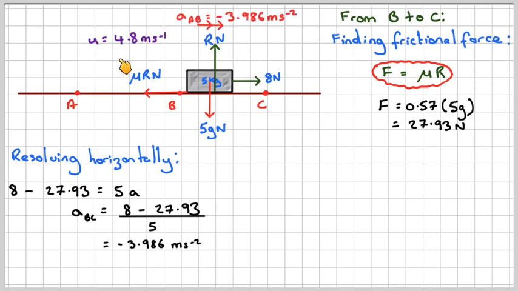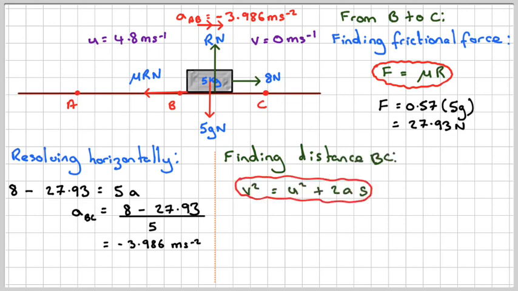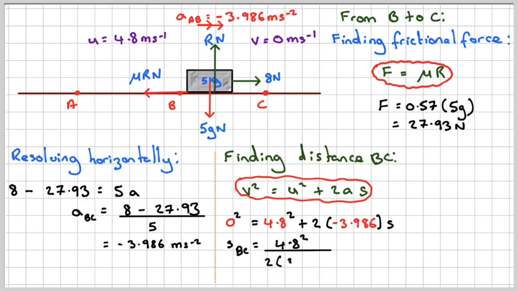We'll also mark on the initial velocity, and we want the final velocity to be 0 because it's at rest at C. That's good because these act against each other, which means it's slowing down. So finding the distance BC using v squared is equal to u squared plus 2as. The final velocity is 0, so 0 squared equals the initial velocity, which is 4.8 squared, plus 2 times minus 3.986 times s. And therefore s_BC will be 4.8 squared divided by 2 times 3.986, which will give me 2.890